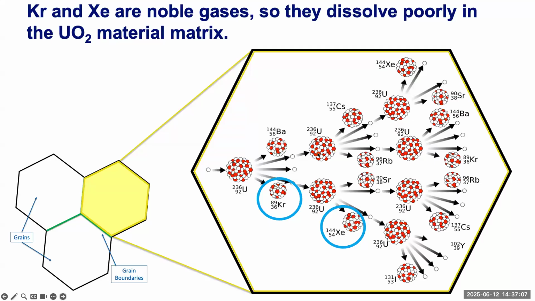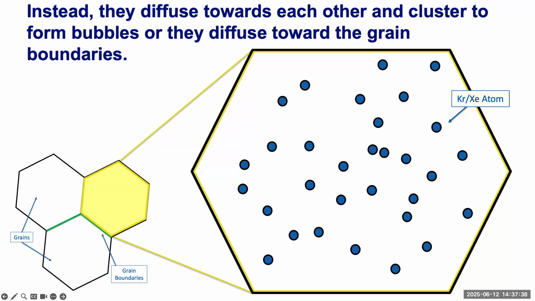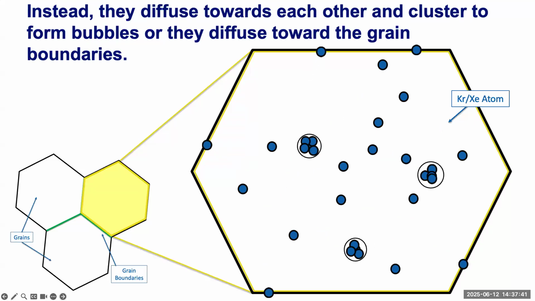here. Now, because these gases are noble gases, they're almost completely insoluble in the UO2 matrix material, or within these grains that I mentioned before here. Now, because they dissolve poorly, they don't really disappear and return back into the matrix. Instead, they diffuse towards each other and cluster together. Sometimes they'll cluster together to form bubbles like we just saw here, or the gas atoms migrate to the grain